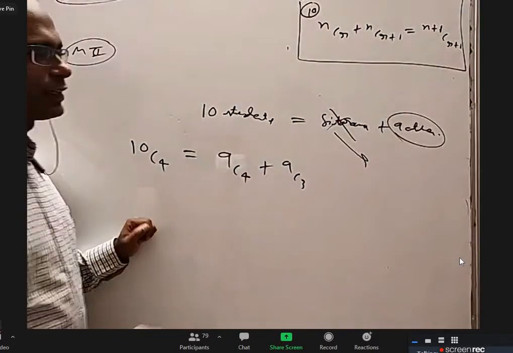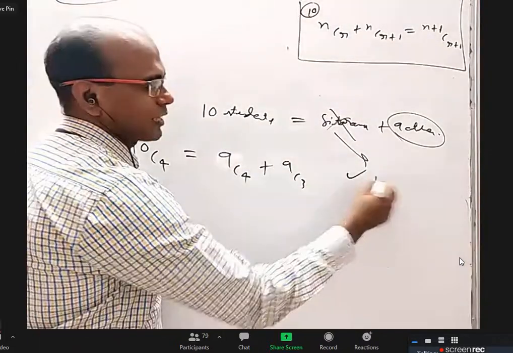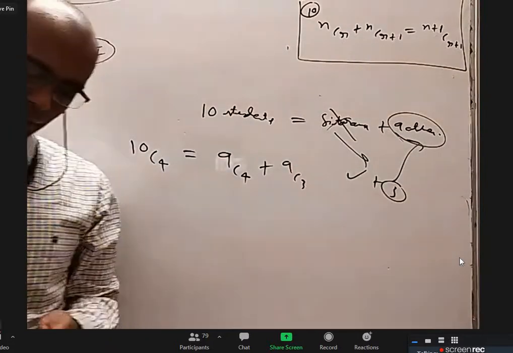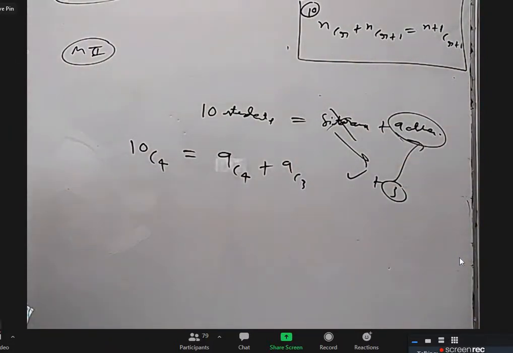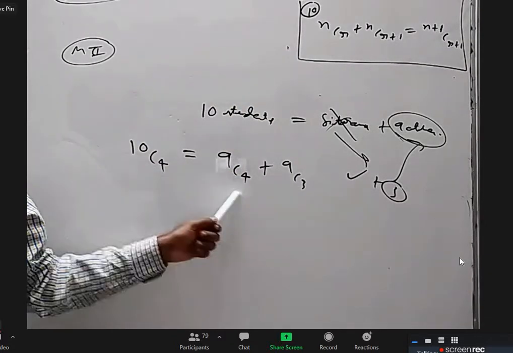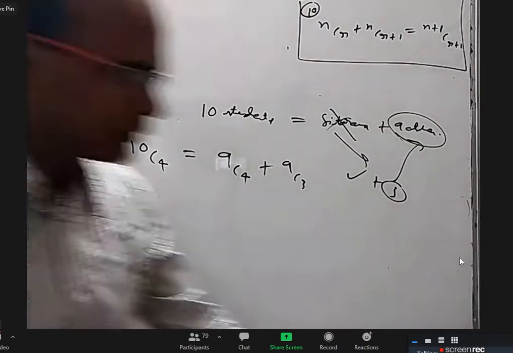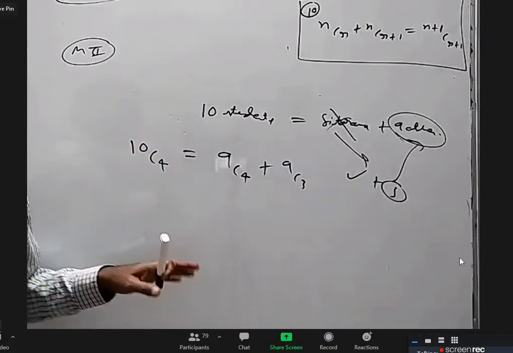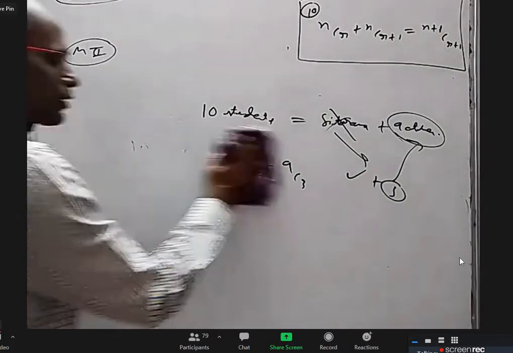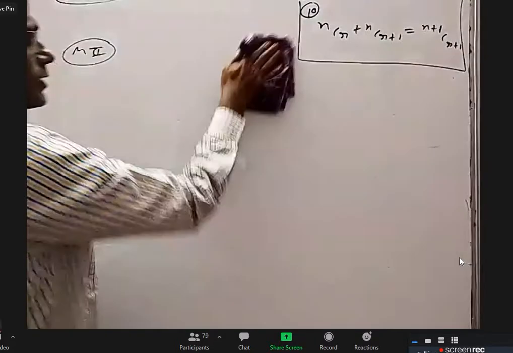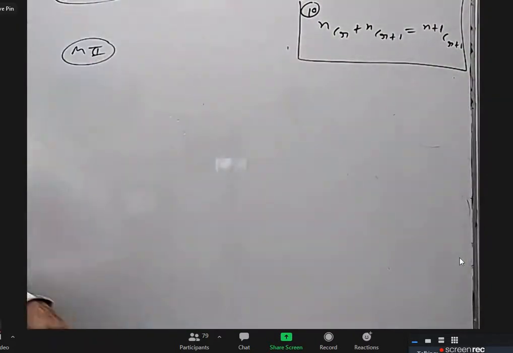Why 9C3? Already Sitarama is selected. I have to select 3 more people for the team from the rest of the 9. From 9 people, selecting 3 people, how many ways? 9C3, right? That is this formula: NCR plus NCR plus 1 is N plus 1 CR plus 1. So I'll give a different explanation. I'll write it. You just copy it, whether you understand or not, but I gave you some idea. When I finish permutation combinations, you will surely understand the solution. This solution is for future understanding. Right now, only for writing.